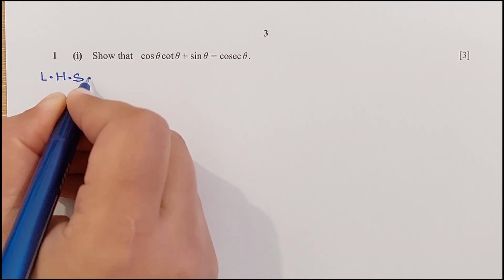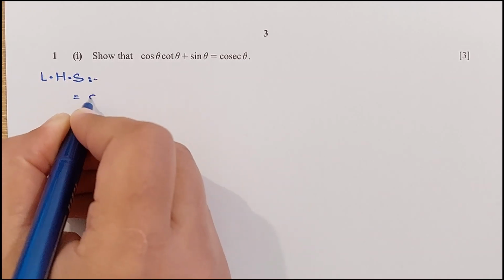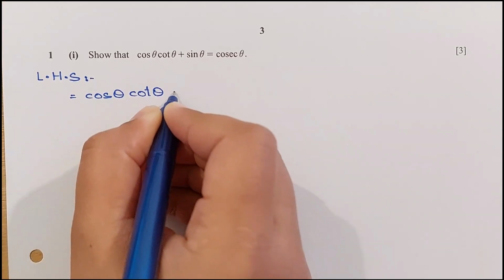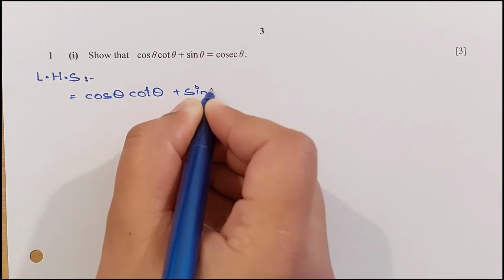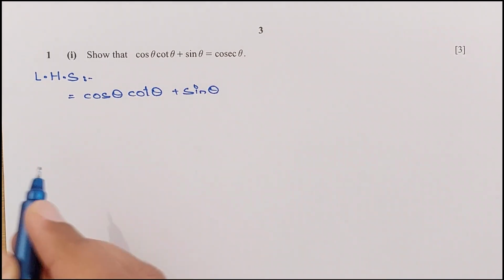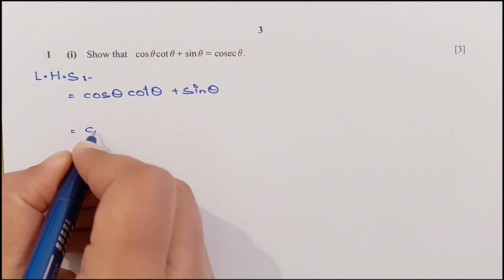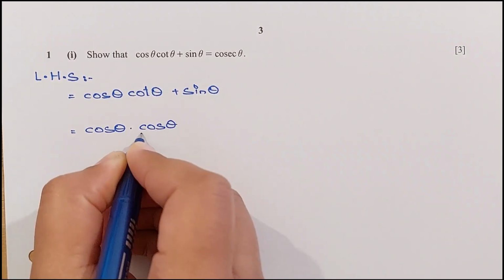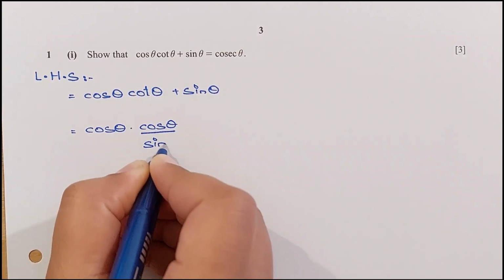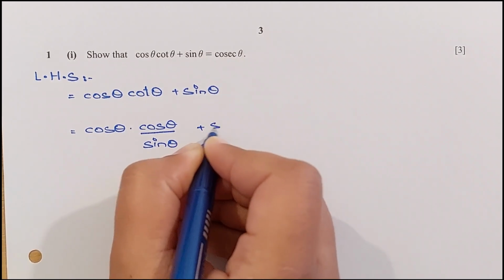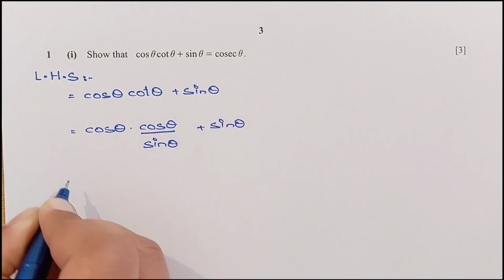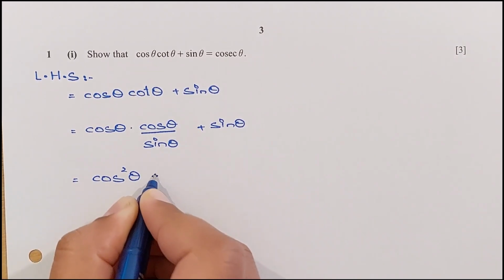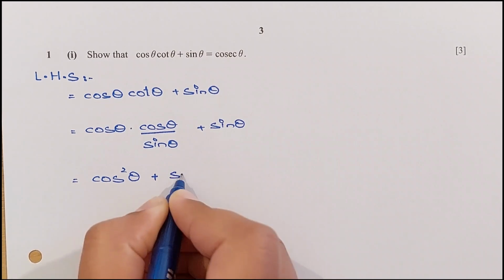So the left hand side is cos theta (cot theta plus sin theta). We have to prove that this is equal to cosecant theta. Okay, so we have cos theta. We can write cot as cos theta over sin theta, plus sin theta. Right. Now we have cos square theta plus, you can take an LCM, sin square theta